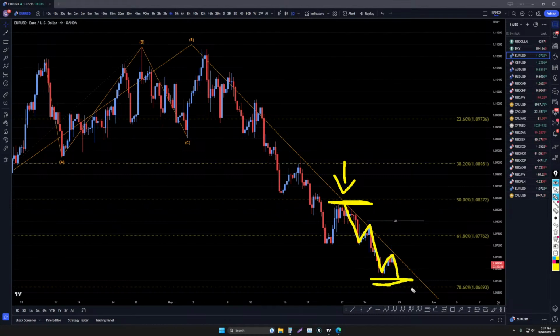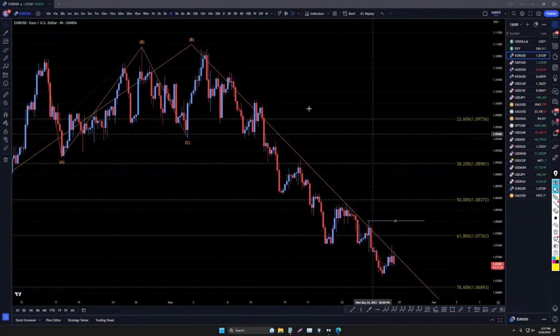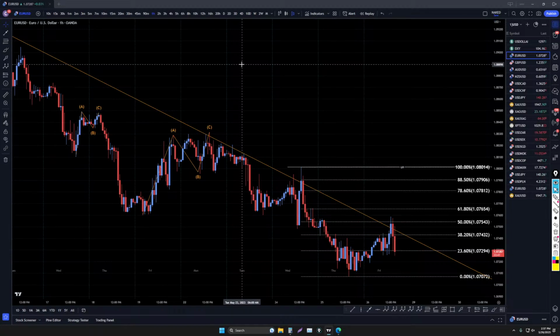So if that's the case, then after that we're probably going to have a bigger correction, which would be a correction to this whole move down, and then probably another push down like that. So I still don't really see any reason to think this trend is over, so I'm definitely going to continue to do shorts.